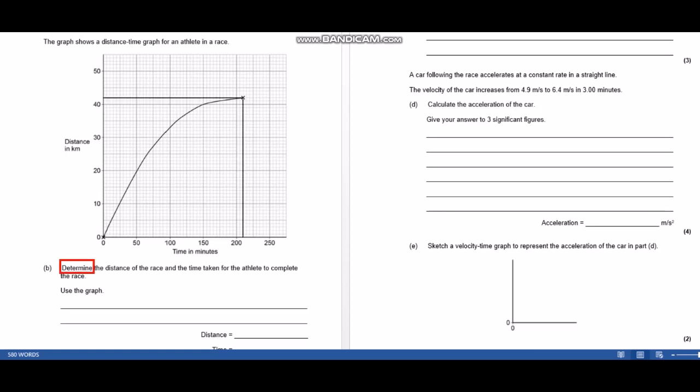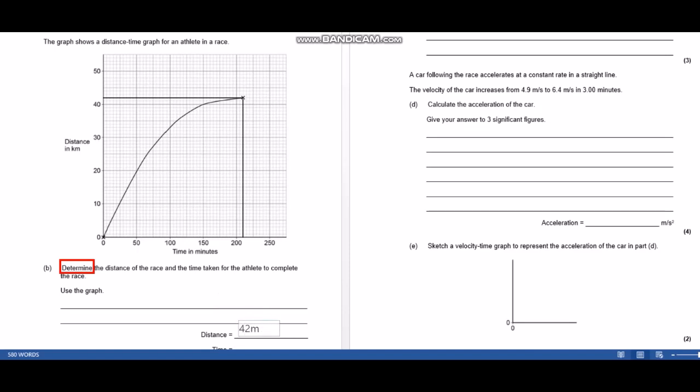It's asked to determine, so we've got to use the graph, but it is also said use the graph. I've drawn 2 straight lines from where the race finishes, and that means I find the value for distance is equal to 42